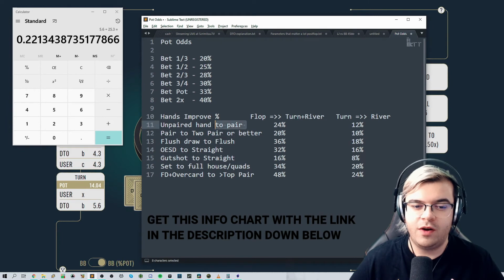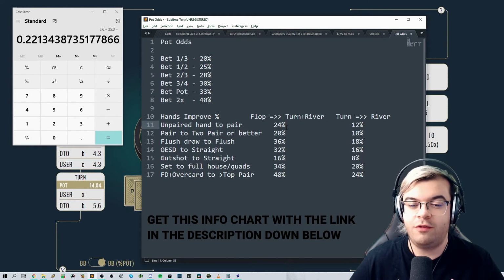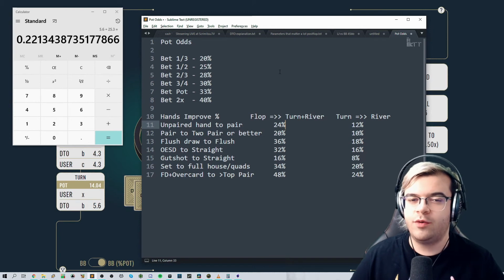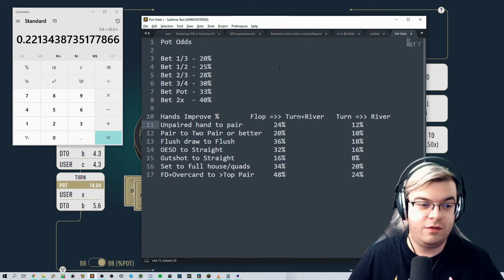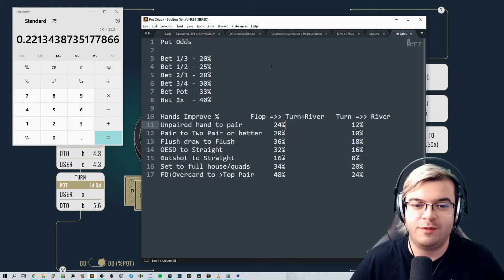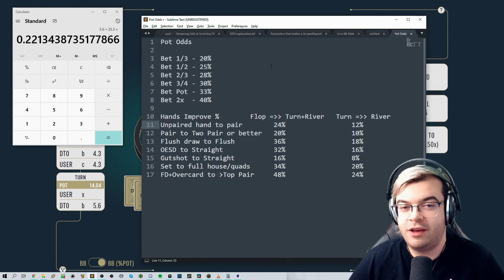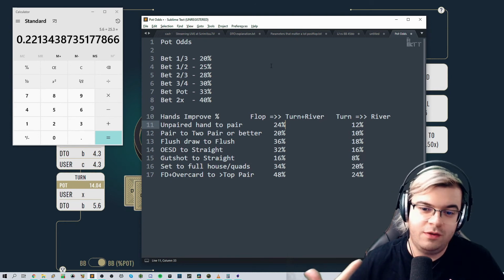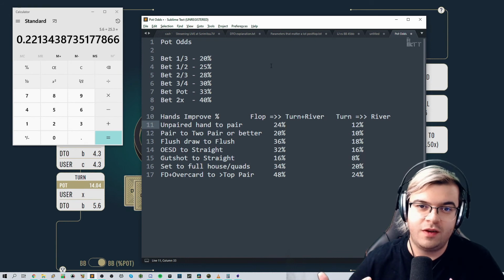For example, an unpaired hand to a pair. You're on the flop, so you have 2 cards to come, turn and river. Then you're going to have 3 outs per card, right? If you have an ace, then only 3 of them can come down, technically, unless your friend is cheating with another deck or something. So let's say you have ace king and you're looking to hit a top pair. Then you have 3 kings, 3 aces, 6 cards. 1 card to come, times 2% is 12%. 2 cards to come, turn and river, times 2% is going to be